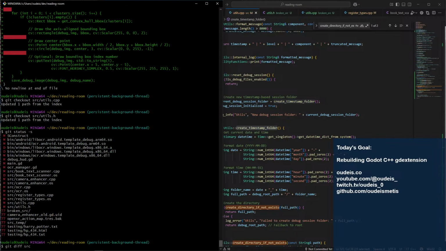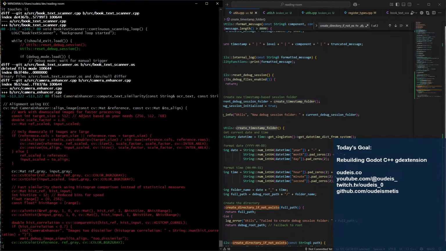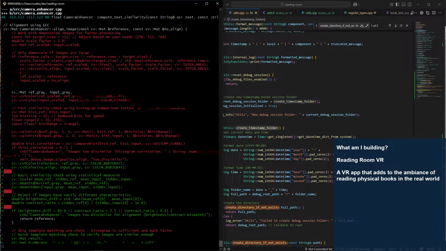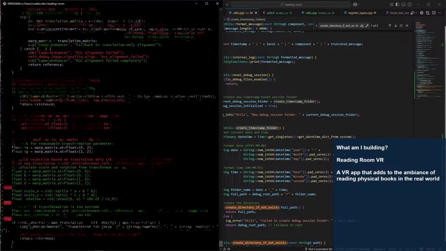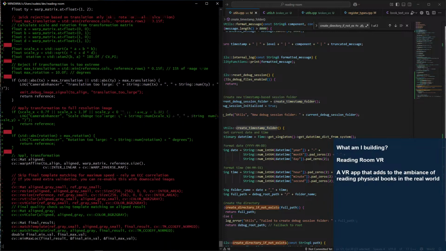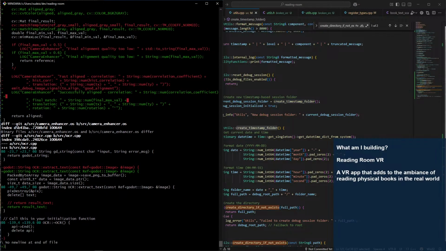If I do a git diff on source now, we have a line image class. That's really the only thing that changed in that file.